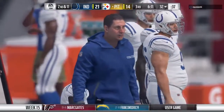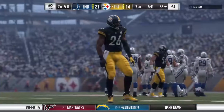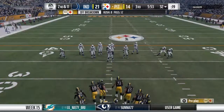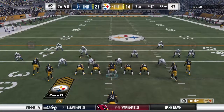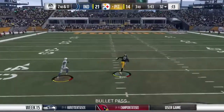Well, it hasn't been a whole lot of fun for Le'Veon Bell in this ball game, trying to find room to run the ball. I'm sure they're going to have to change some things up because he's so versatile. They've got to get the ball in his hands somehow and create some space because they're losing this game. Well, defensively, you've got to key in on Bell, make him the focal point to stop him, and they've been able to do that. And he has gotten better every year he's been in the...